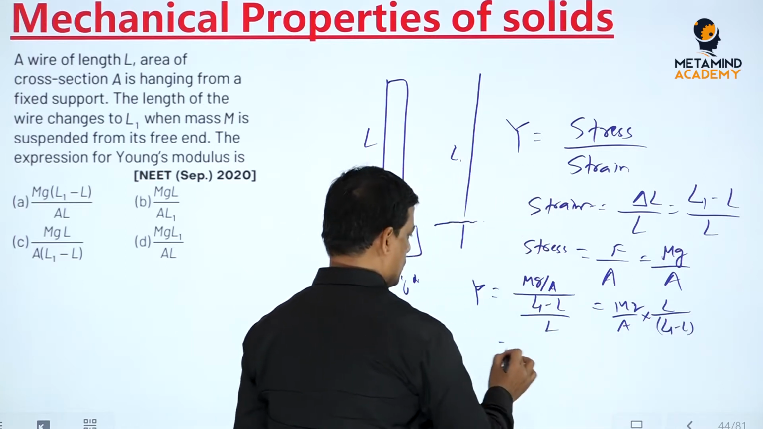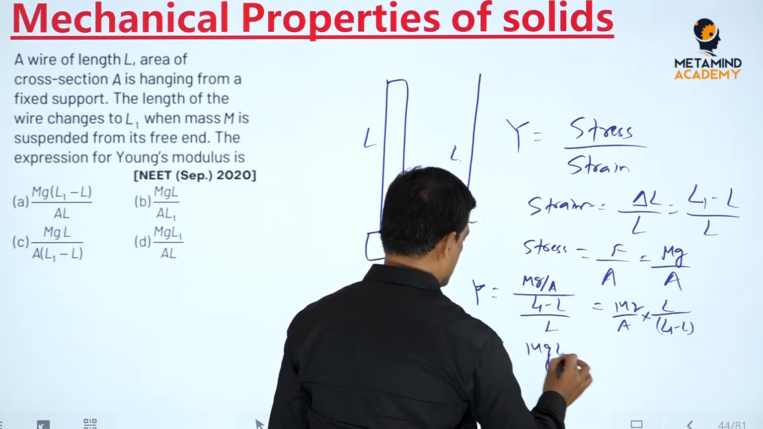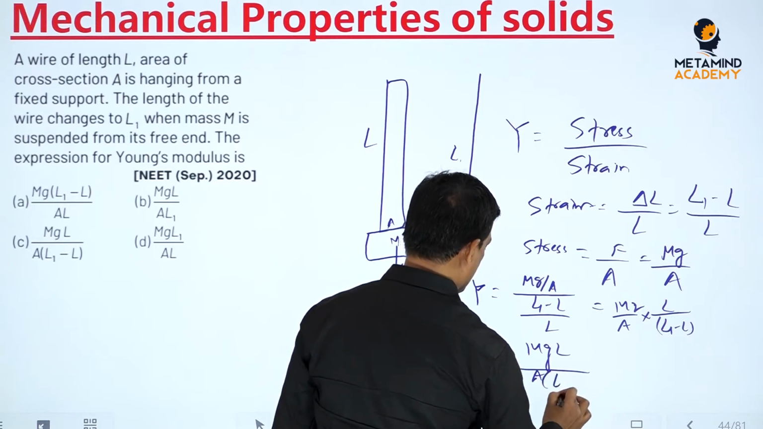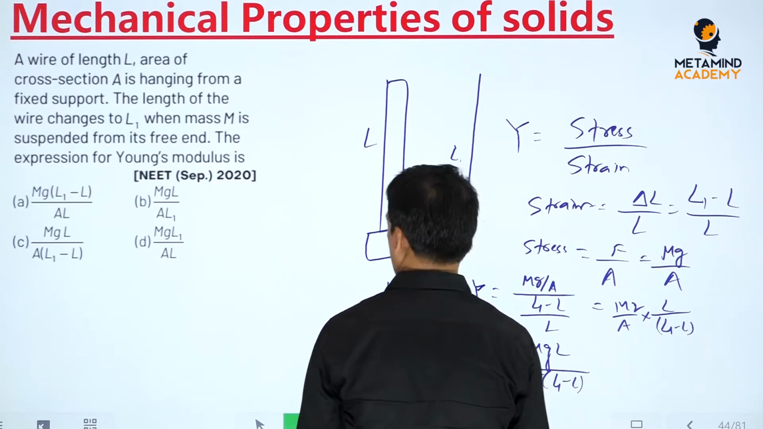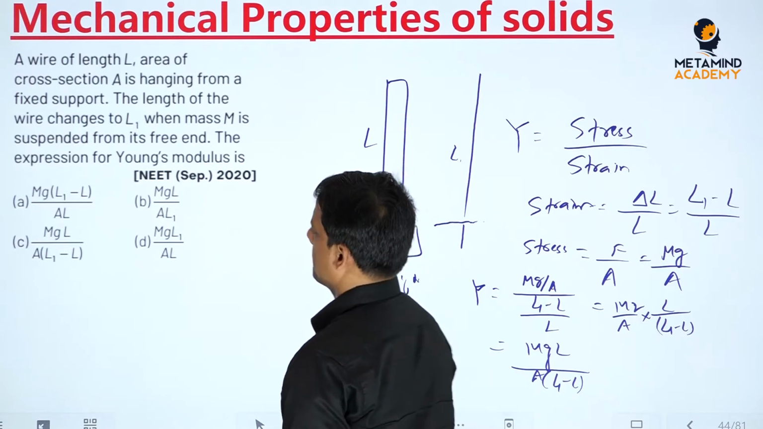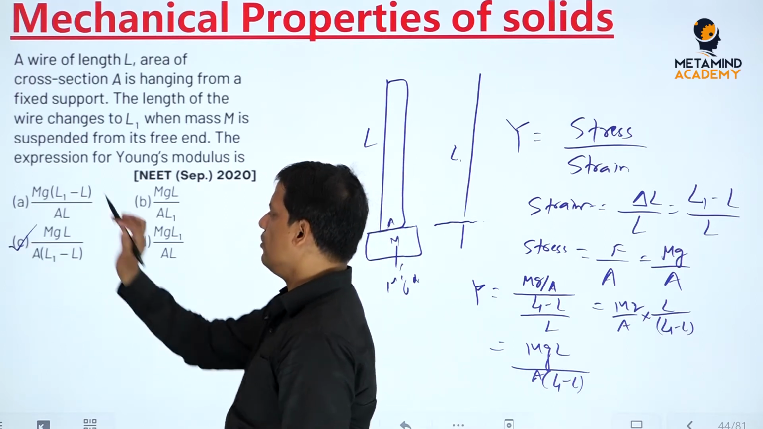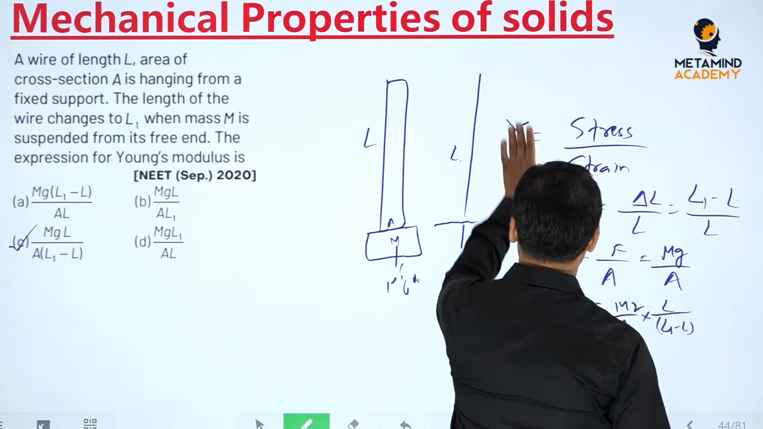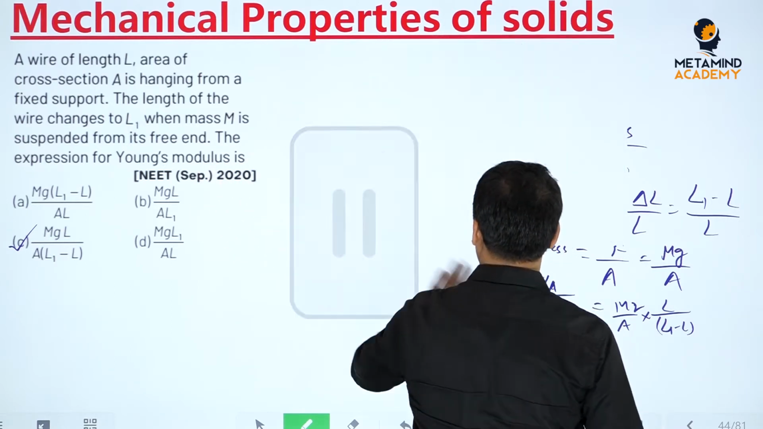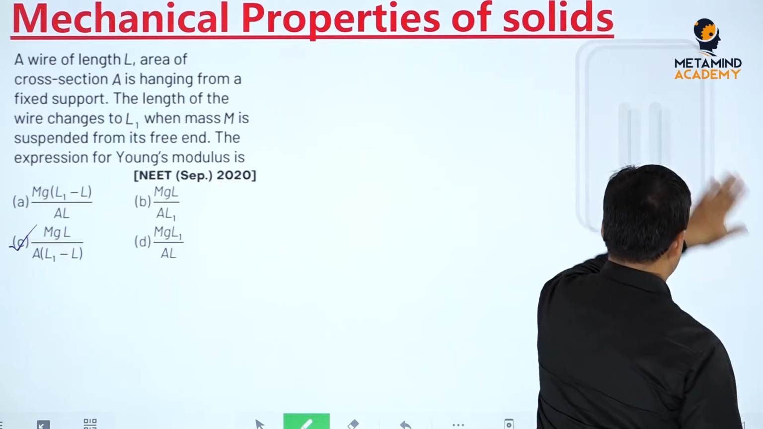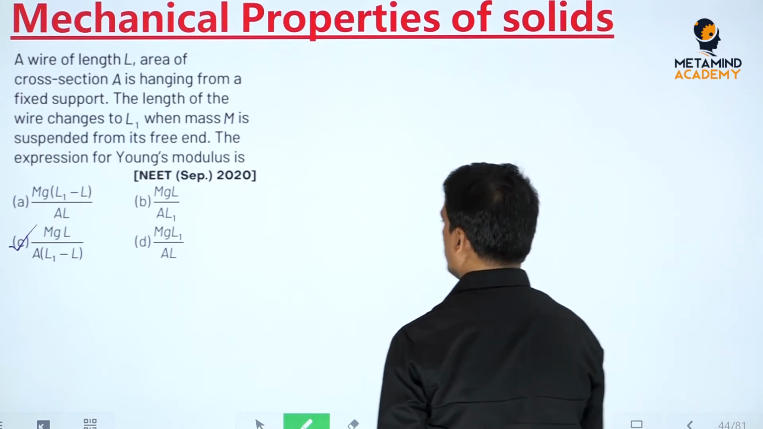So, this comes out to mgL by A into L1 minus L. So, your C is the correct answer. Okay, right. Next,